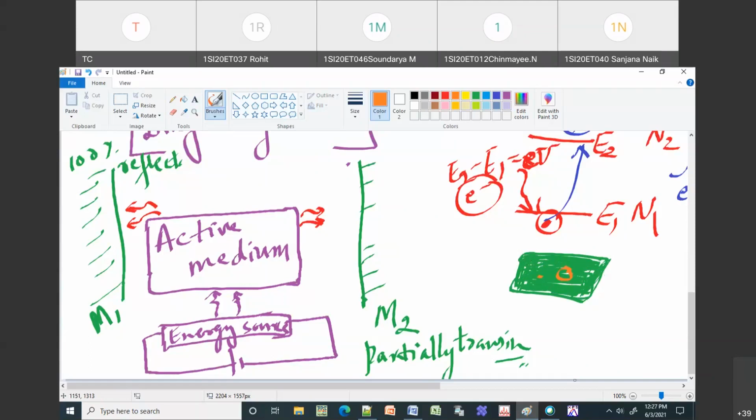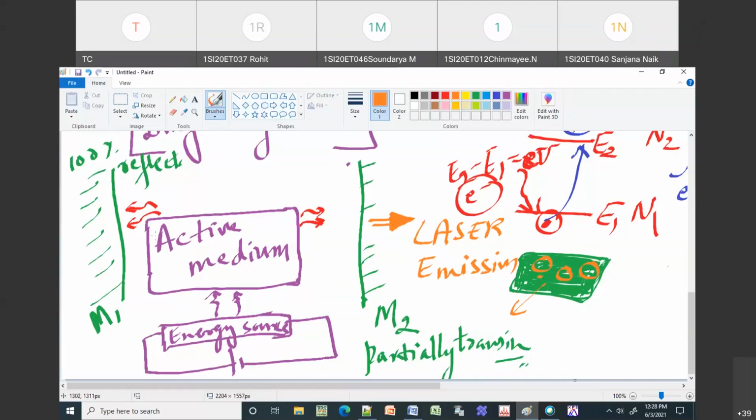So these things will be transmitting in the sense, if your light ray is falling on the silver, then it is going to come back. But if it is falling on these spots, what will happen? It is going to come out. The same thing happens here. So M2 will leave some transmitting region. So your laser beam is going to come out of this. Okay. So that is nothing but your beam of coherent photons. So your laser beam is emitted. Okay. So laser beam is emitted through this M2, which is your partially transmitting mirror.